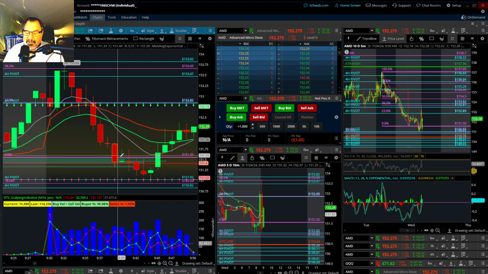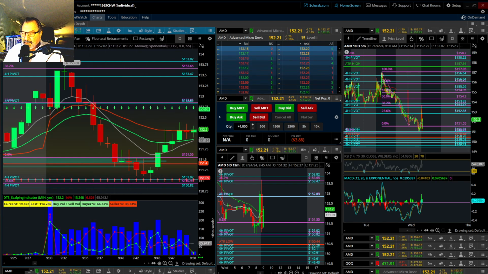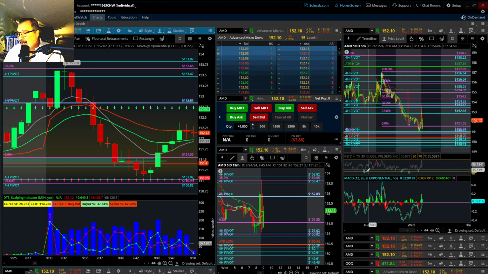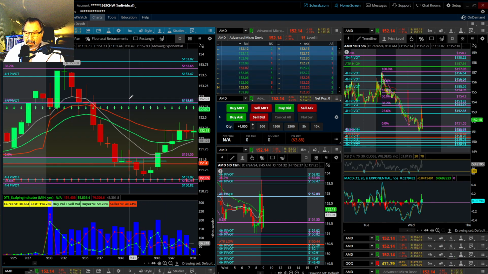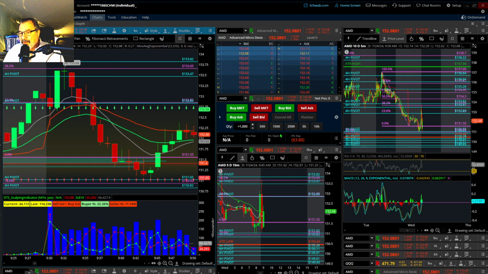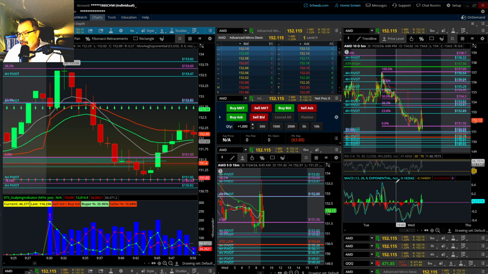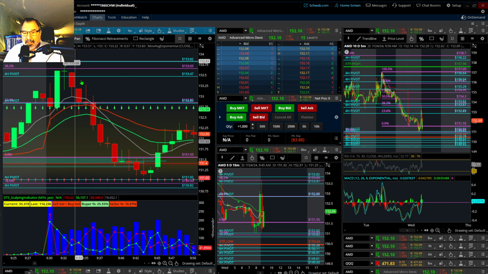But anyway, what you have here is a 1-minute chart with the scalping indicator. I'll talk more about it in a minute. A minimized day chart, the level 2, the active trader tool, the 15-minute chart, 5-minute chart, the RSI, the MACD, a minimized 5-minute, minimized 1 hour, minimized 4 hour, minimized 5-minute. So what we're going to do is talk about how all these are used for either the open strategy or the RV strategy. This is a perfect fit. You could use it for the escalator strategy as well.